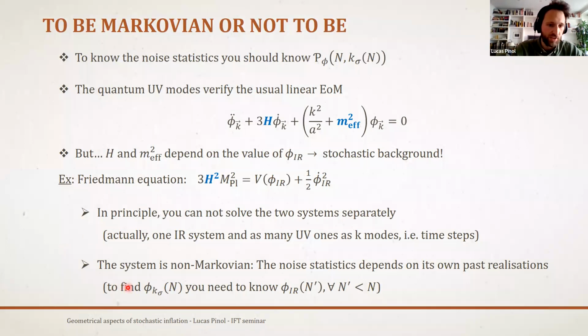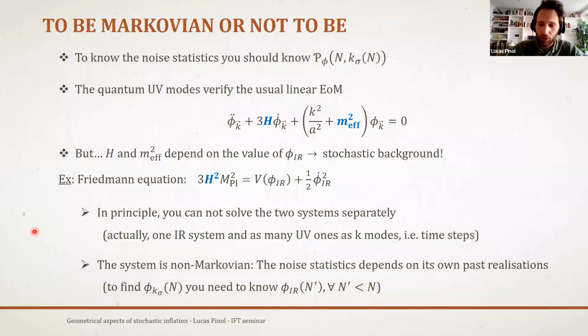And actually what it implies, which is even more complicated maybe, is that the system is what we call non-Markovian. What non-Markovian means is that the noise statistics at a given time depend on the realization that the noise had in the past. I think you can see it here. For example, if you want to compute the power spectrum at a given time n, you need to solve this equation of motion. But in order to solve it, you need to know the value of H and m. And this is a stochastic thing, so it depends on your process. If you repeat the process different times, you will not always have the same value of the noise at the time n. So this is what we call non-Markovian. And it is, of course, a difficulty.